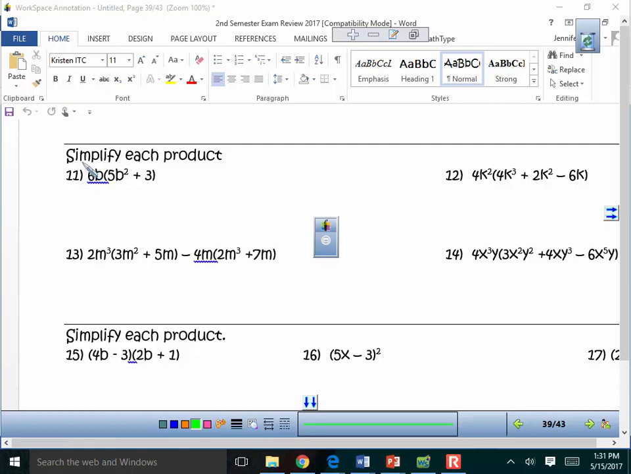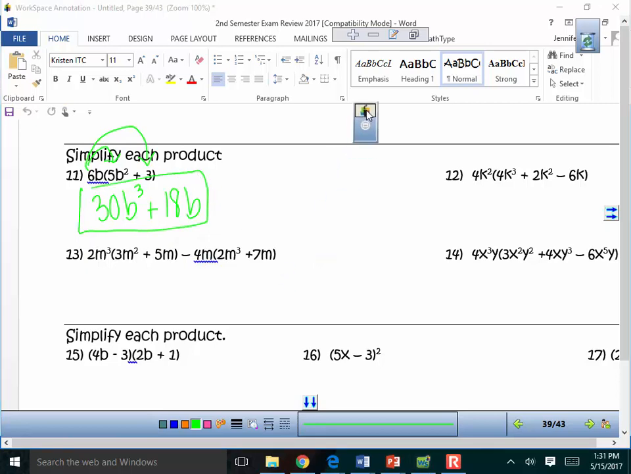All right, we're distributing 6b. So what's 6b times 5b? 30b to the 3rd. And then what is 6b times 3? Well, that's 18b, right? Any questions? We're just distributing. We can't combine any like terms. This is the end of it, okay? We can do one more, so let's multiply this. That gives us 6m to the 5th plus